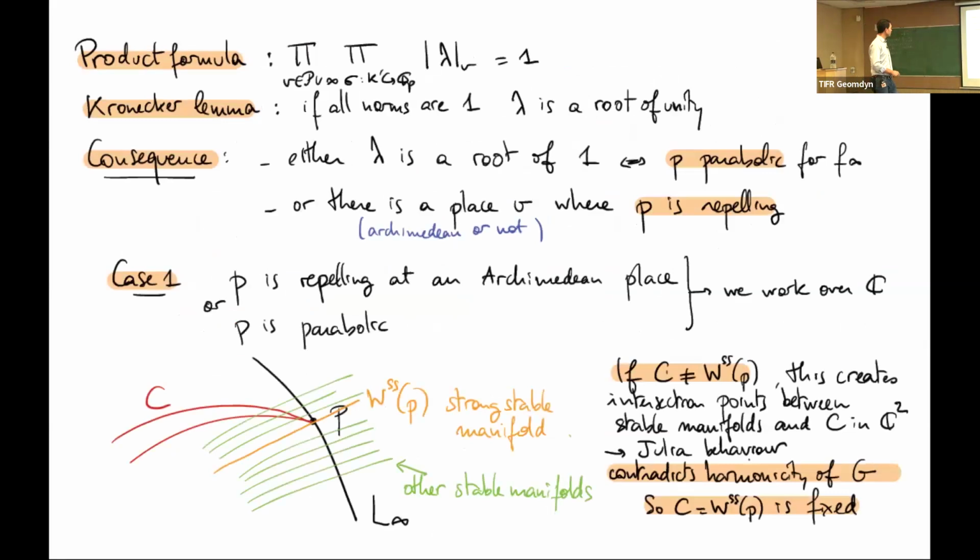In this situation, we start with this preperiodic curve. We look at the point at infinity. We make it fixed by some finite iteration. And then the curve is itself fixed. The curve is not preperiodic anymore. So actually, a corollary of the proof is that the preperiod of the curve is the same as the preperiod of the point at infinity.